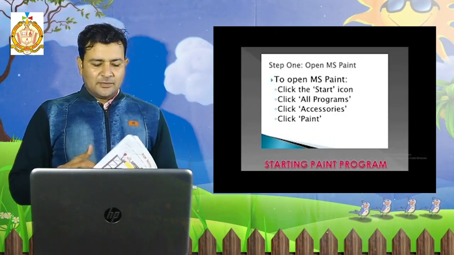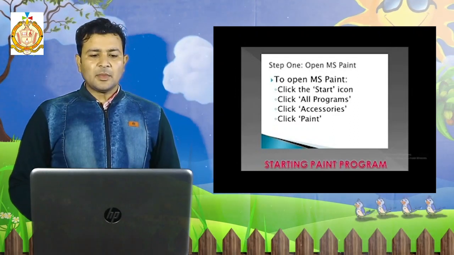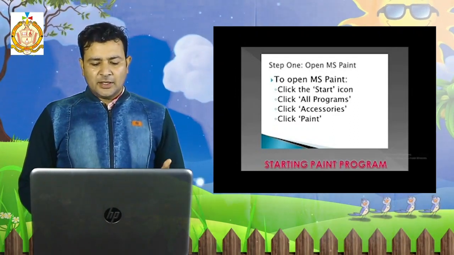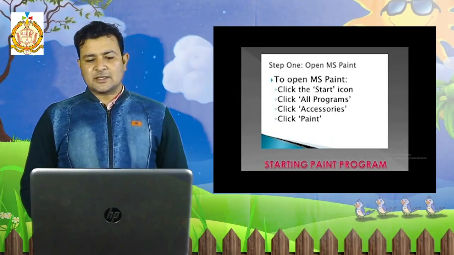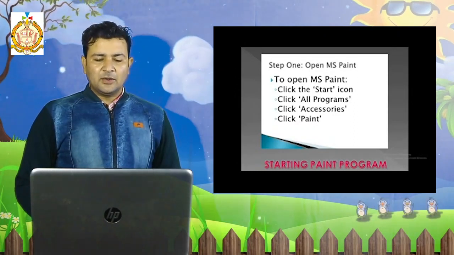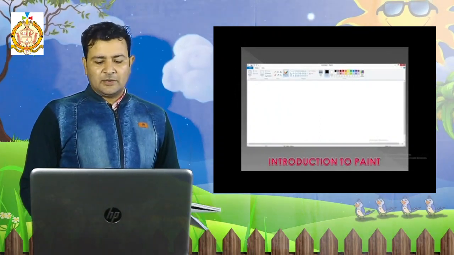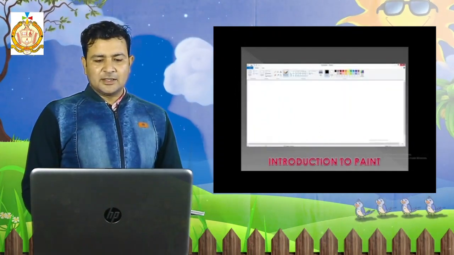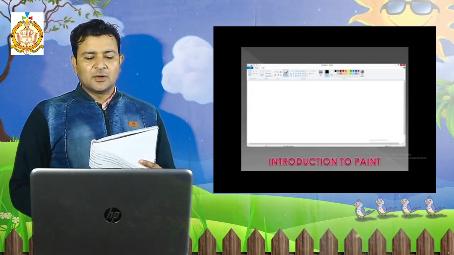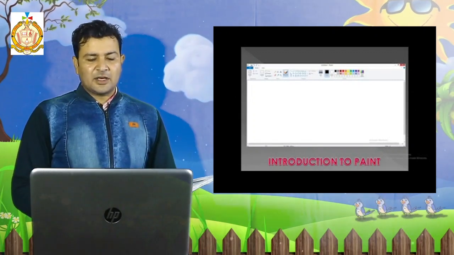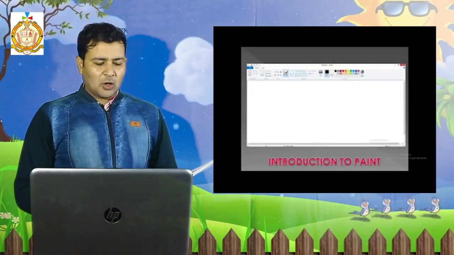What are the steps to open the Paint window? Very easy. In the first class we did these steps, I know it was in your practical. Now here also I am going to repeat. First, click on Start, click on All Programs, click on Accessories and click on Paint. When we follow these steps, we will get a window like this. This is the Paint window. Next, what can we draw and what are the buttons and tools? If we know the tools, then it will be easy for us to use them properly.